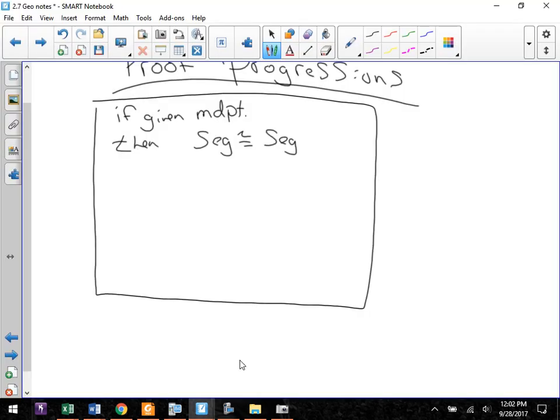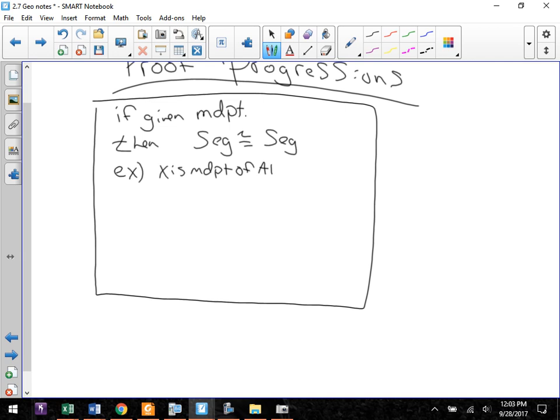So here's what it would do. I would put something like this, and if you guys wanted to start this now, you're in the first square, or any square, it doesn't matter which one. I would put in there, if given midpoint, then segment congruent to segment. Now, don't just use up the entire square, because what I'm going to do in a second is show an example of what it would look like in words and what it's going to look like in that two column. For example, X is midpoint